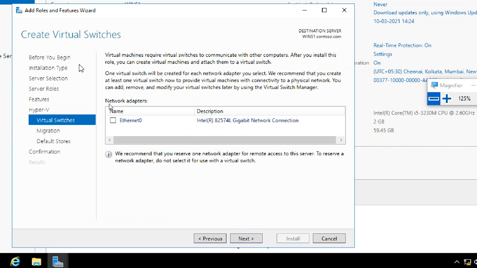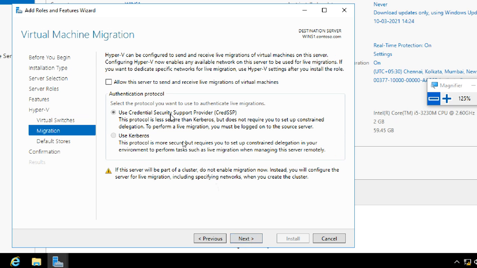Next. So it is asking for virtual switches. Here, if you check this one, the virtual switch will be created automatically. I will create it manually, so I'm not checking that one. Migration is there. There is a migration thing. I didn't tell it in the theory part. Okay, migration is allowed. I use the Kerberos protocol.